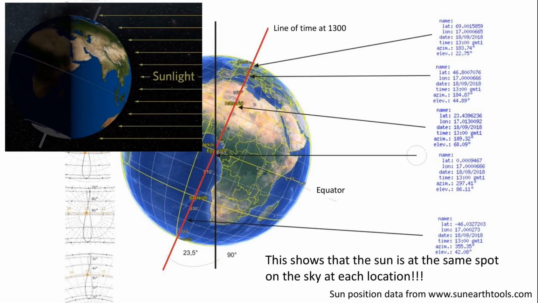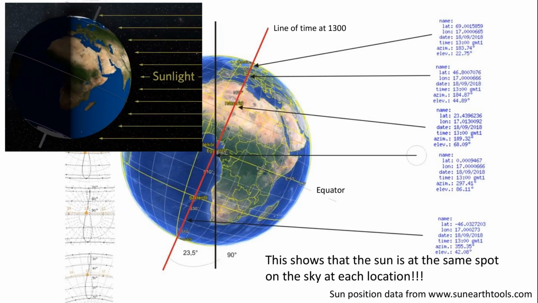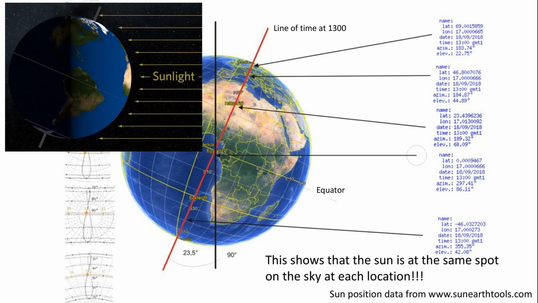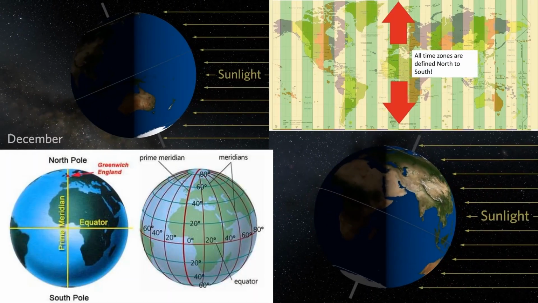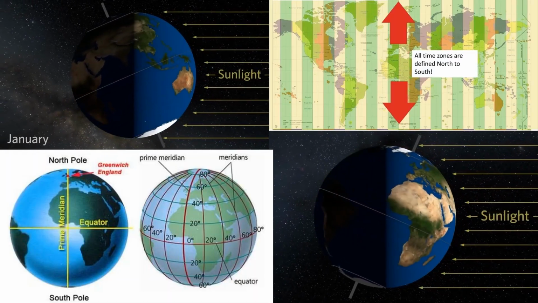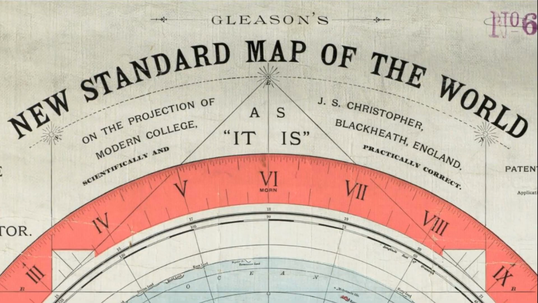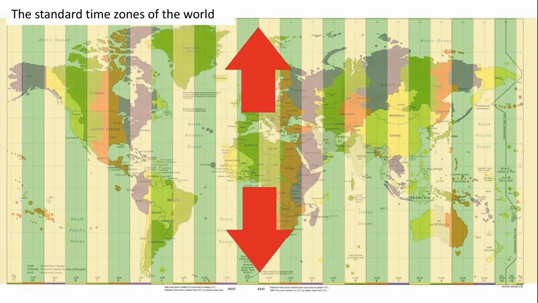This chart from sunearthtools.com shows that the sun is at the same spot in the sky at each location, in a diagonal form, despite the fact that the sun's rays are hitting Earth at a straight angle. The conclusion is that both the temperature around the equator and time zones do not match with the globe Earth